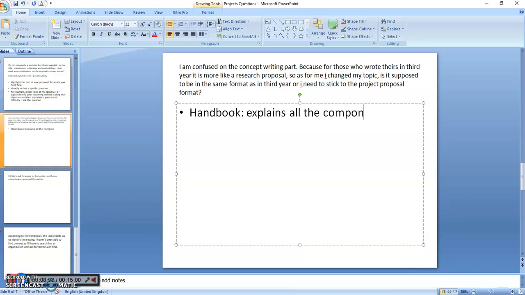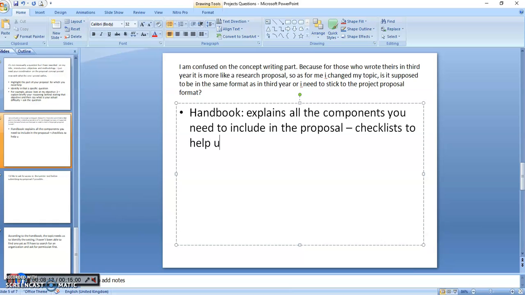All the components you need to include in the proposal. There are even checklists to help you. Okay, now you're going to see that this proposal is going to include the parts that you had in year 3. So you have the introduction or background to your research, formulating the problem statement, formulating aims and objectives, and then